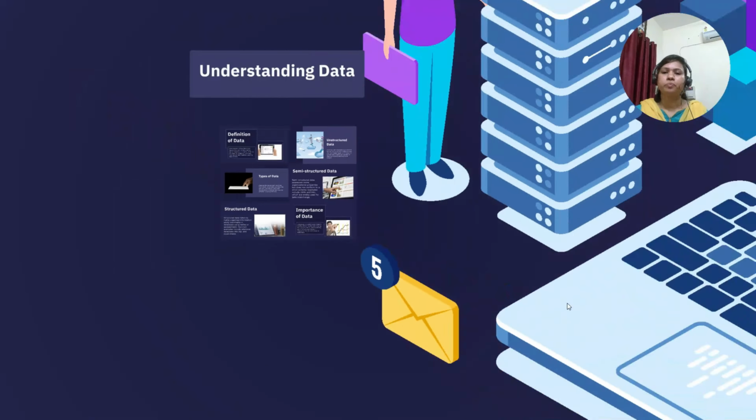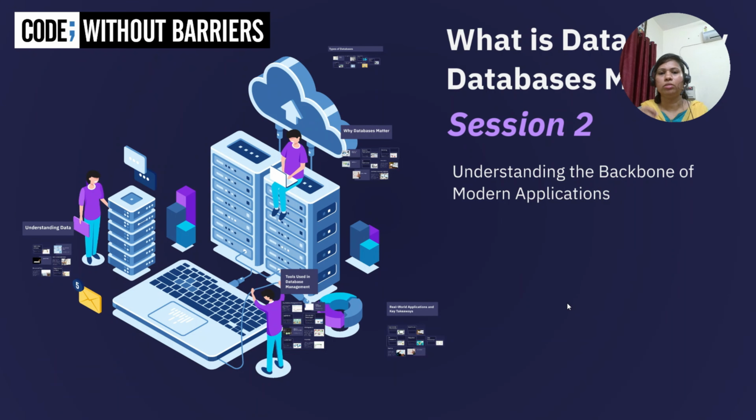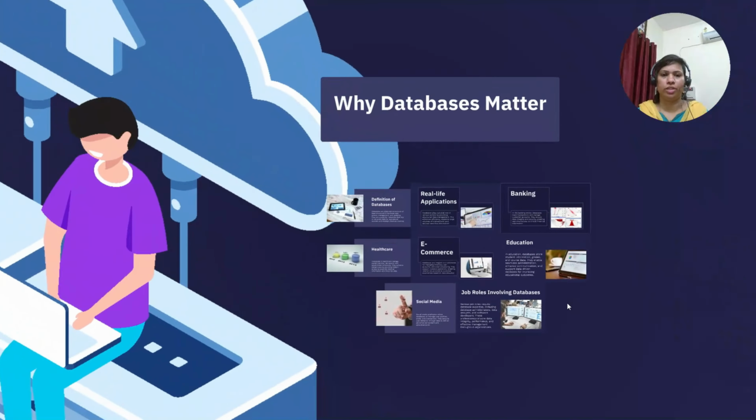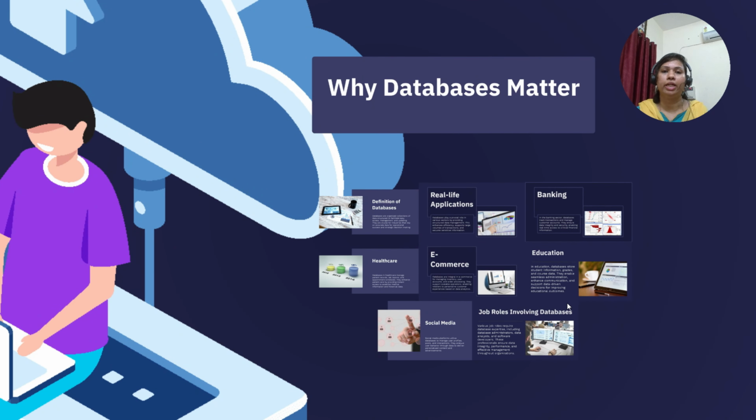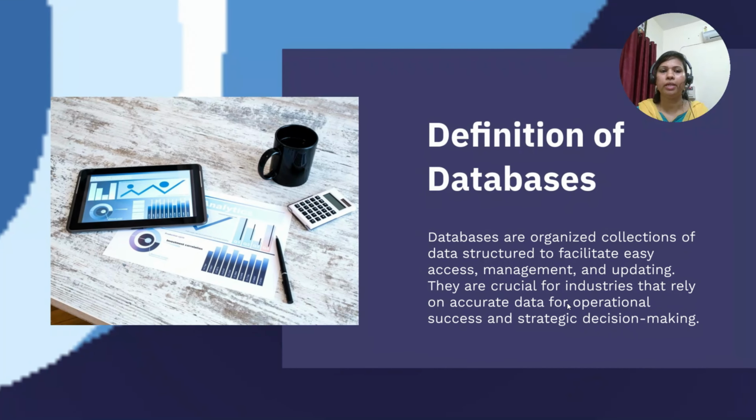Okay, so we discussed the types of data. What are the types of data? Now, we will understand why databases matter. A database is an organized collection of data structured to facilitate easy access, management, and update. Why should I have the data? Imagine